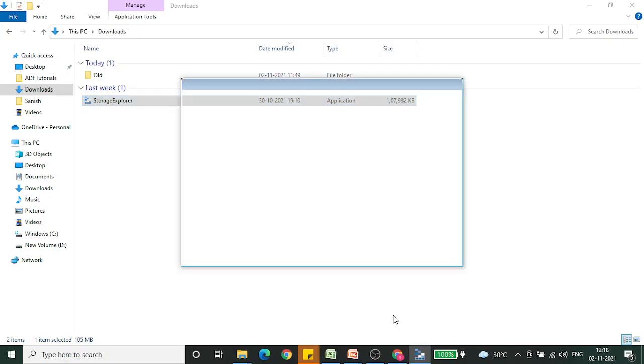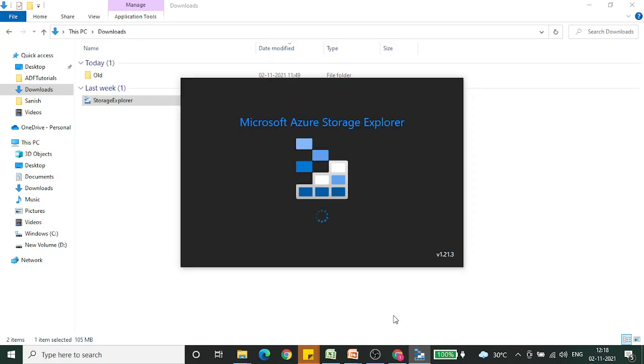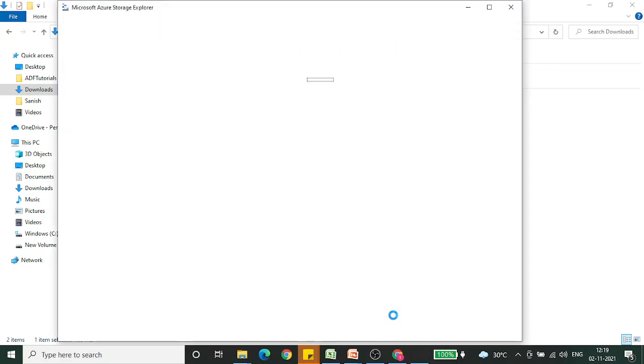Now it is trying to open the application and auto connect all the subscriptions and the accounts that are configured to it. It's going to read and then try to connect to all the subscriptions, if anything has already been configured on your machine. If not, then it will show empty connectors or empty accounts.